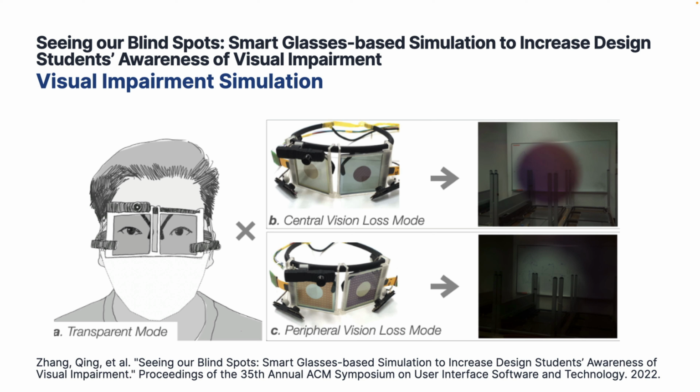However, maybe we should go to a more serious application of the same setup. In this case, however, we are not sharing the eye gaze between one person and another person in real time, or trying to share, I should say, this, but we're simulating visual impairment. So we can use the same system, in this case an eye tracker, then on one person, and the liquid crystal displays to, for example, block central vision, or also block peripheral vision.